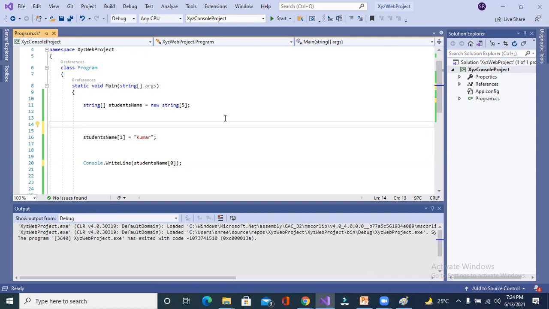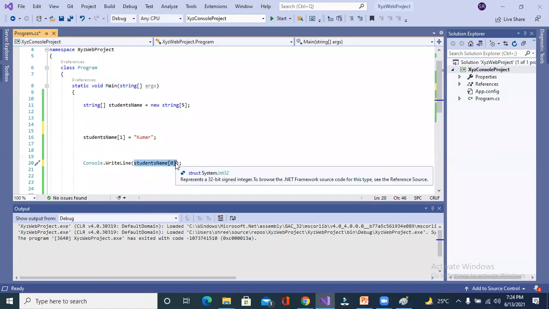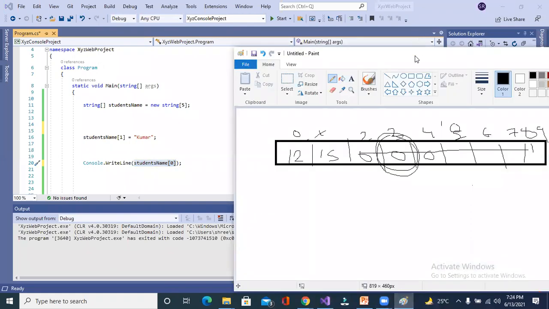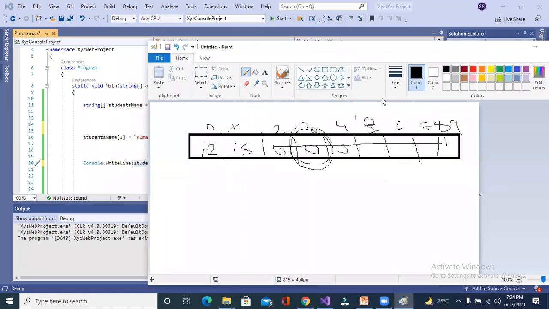This is your question. Sir, it won't print anything, it just leaves it blank. Why does it leave it blank? Because the default value of integer would be 0, and the default value of string would be null.